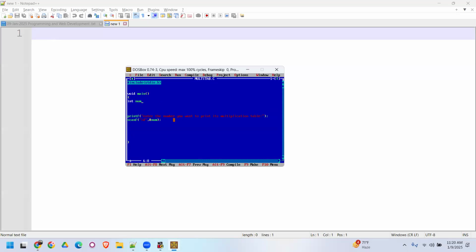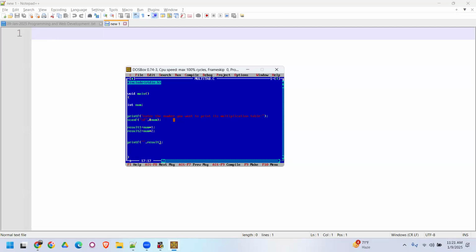It is not like in college where you have to write the whole program and then type it. So ensure that you people are typing it first. Okay, I need a number, I got it. Now I have to multiply it. Now I need 10 results. Result 1 is equal to num into 1. Result 2 is equal to num, the same number, with 2. Then I need 10 printf statements